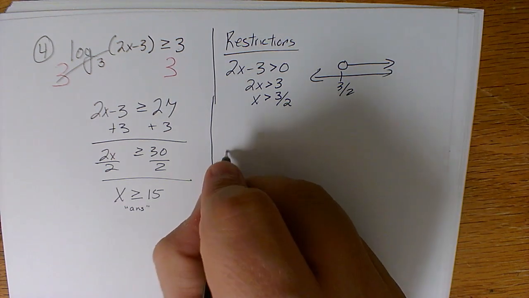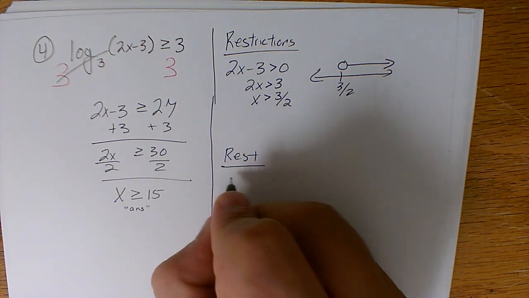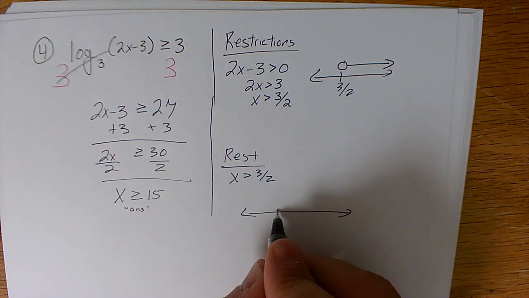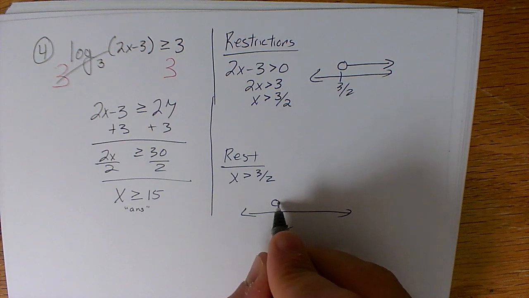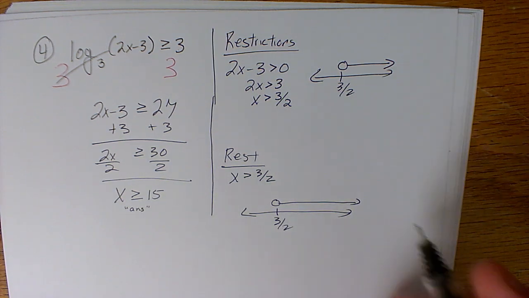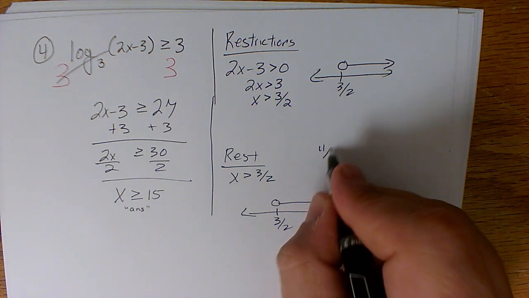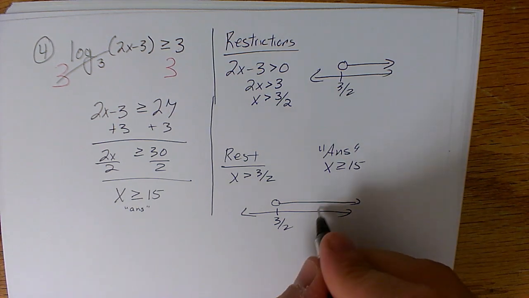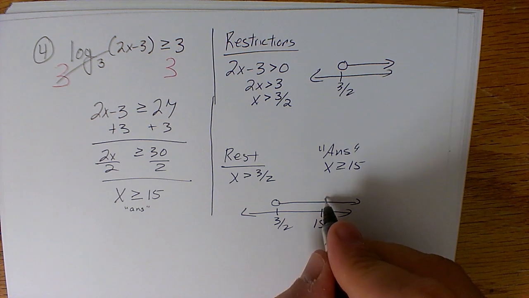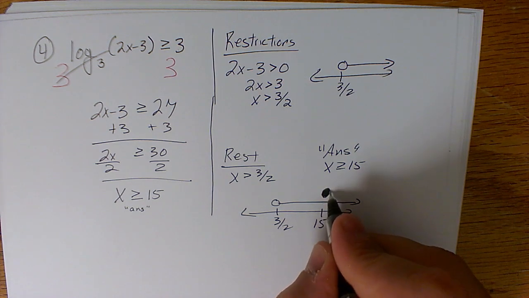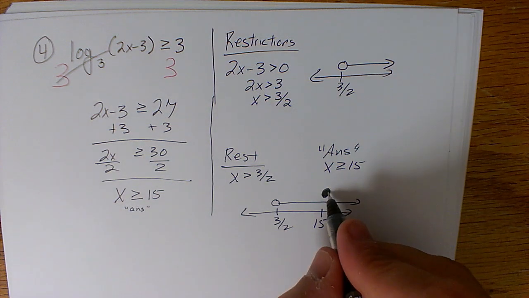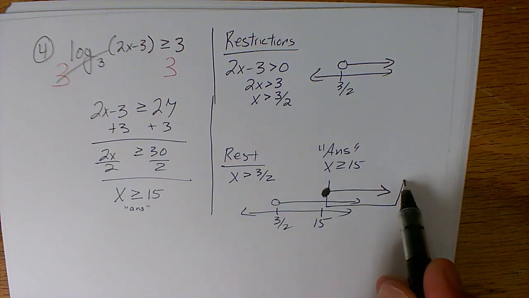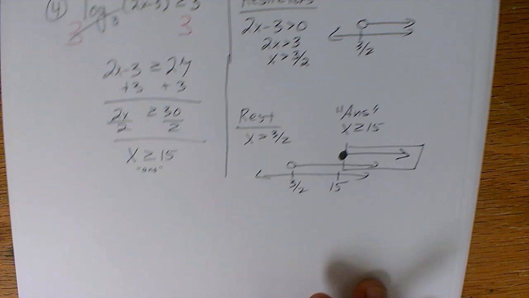So once again, we've got to talk about restrictions. We had earlier x is greater than 3 halves. So on a number line, 3 halves may be here and it goes this way. But then you get this answer, which is x is greater than or equal to 15, which would be out here somewhere. Filling it in because of the equals and going in this direction. Where do they overlap? In this territory. So your final answer